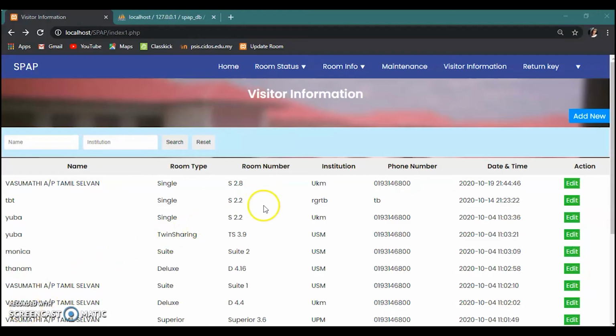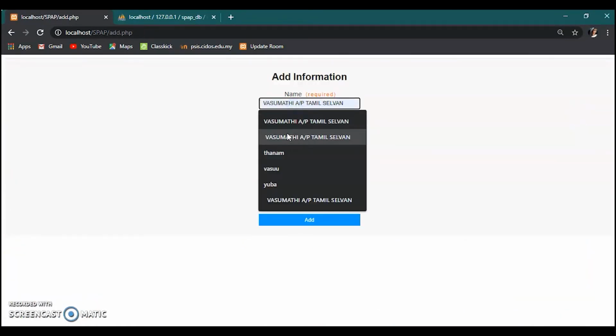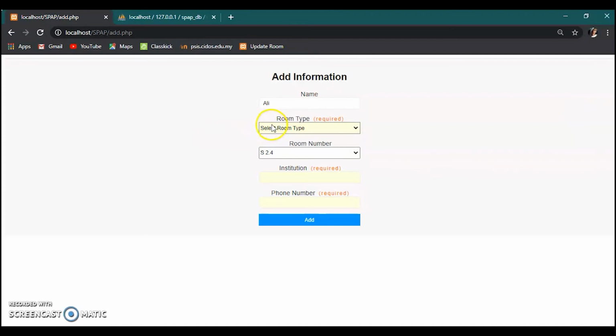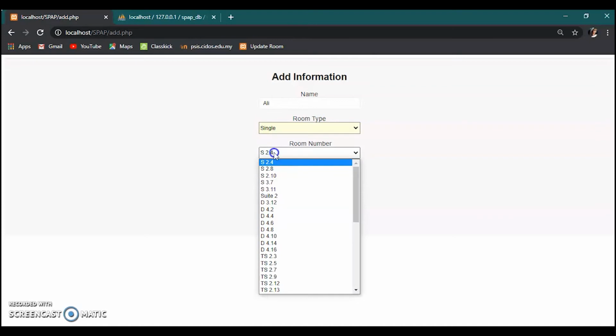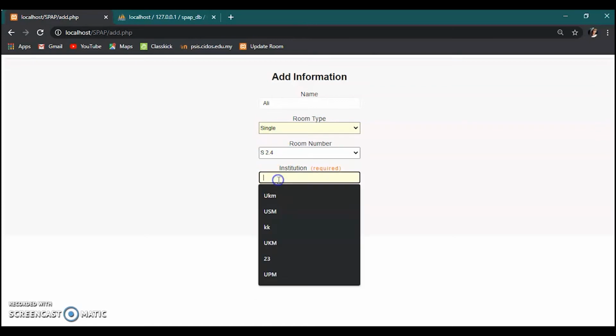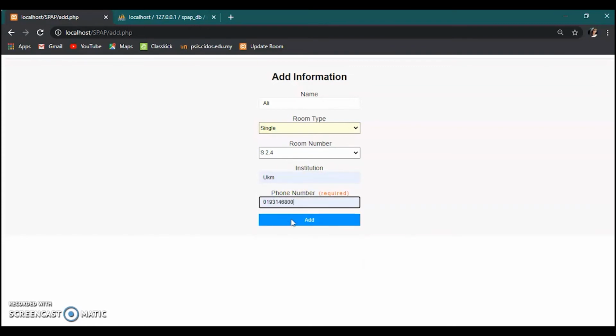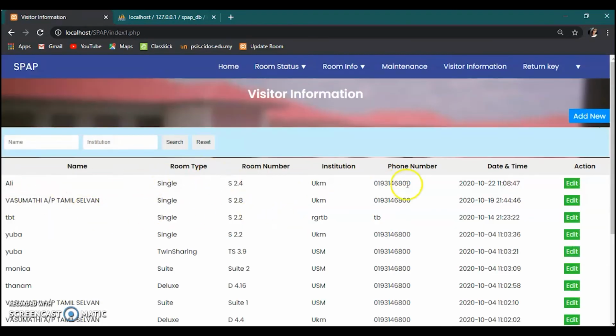Next is visitor information. This page will display visitors' information. We don't call them customers as these rooms are free of charge. This page is only for visitor information. If let's say there is a new visitor coming in, admin can click on this add new button and fill up the required fields. Example, Ali, room type is single, and this drop down of room number will only show the rooms that are available. Example, S2.4, institution UKM, phone number as this, and if we click on this add button, it will add